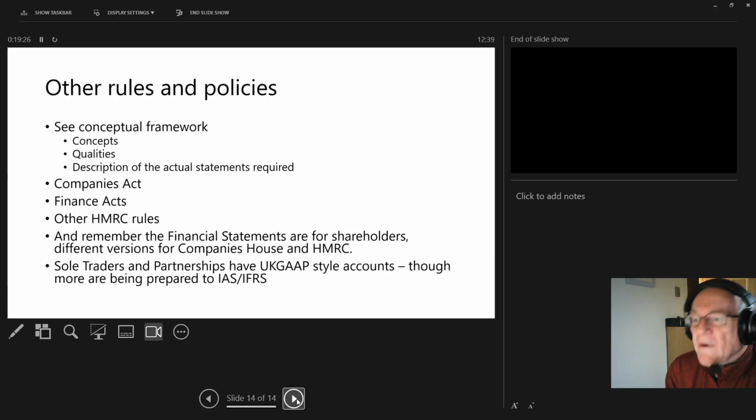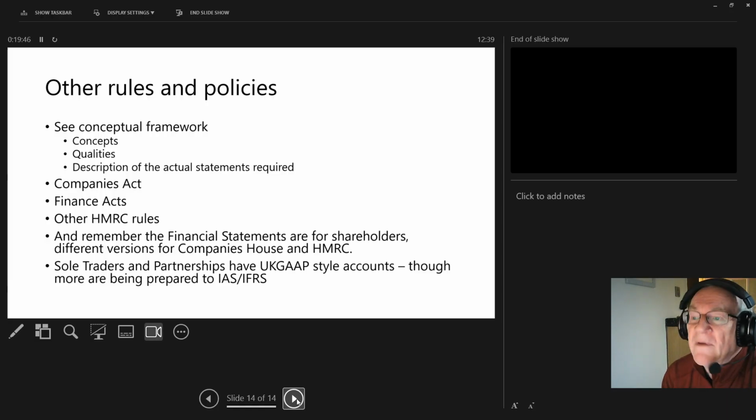And then this is the one that actually describes the statements required. It doesn't give them the names that we're familiar with. It talks about a statement of performance, a statement that explains in rough terms money going in and money going out, the cash flow statement, and also a statement of assets, liabilities and equity.